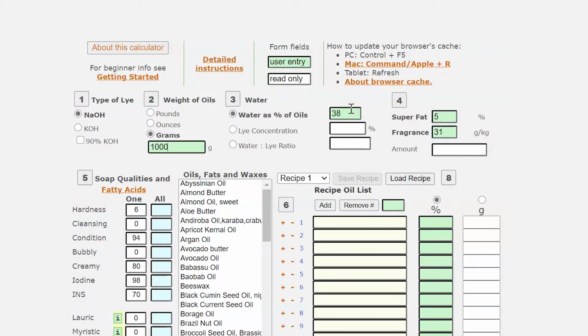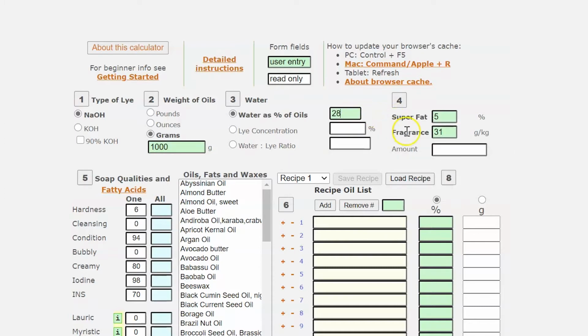When you use less water, things can happen quicker because the lye concentration is higher, so the batter thickens up faster and the soap bar doesn't need so long for curing. But the benefit of this is that the soap bar will be a little bit more creamy. I normally use between 25 and 30% in my recipes, so let's go here with 28%.